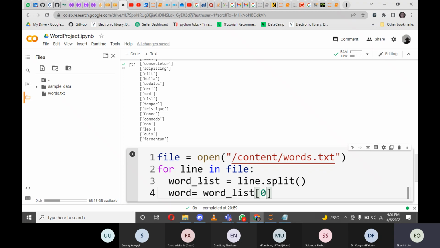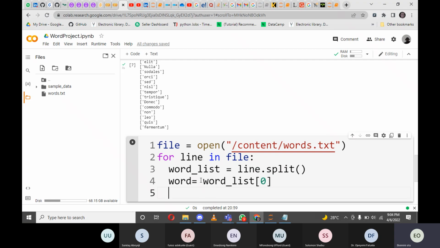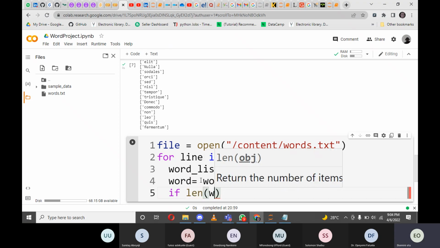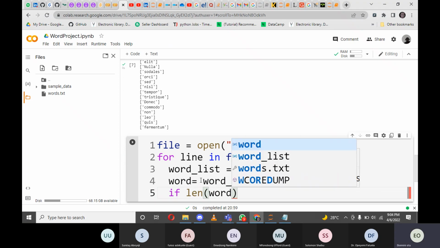And we now say check number of letters. The next thing we're going to do is check the number of letters. And how do we do that? So we now say if len, the len function. Remember, it is used to know the number of characters in a particular kind of variable and particular kind of data type which we have defined already. So if len of word is